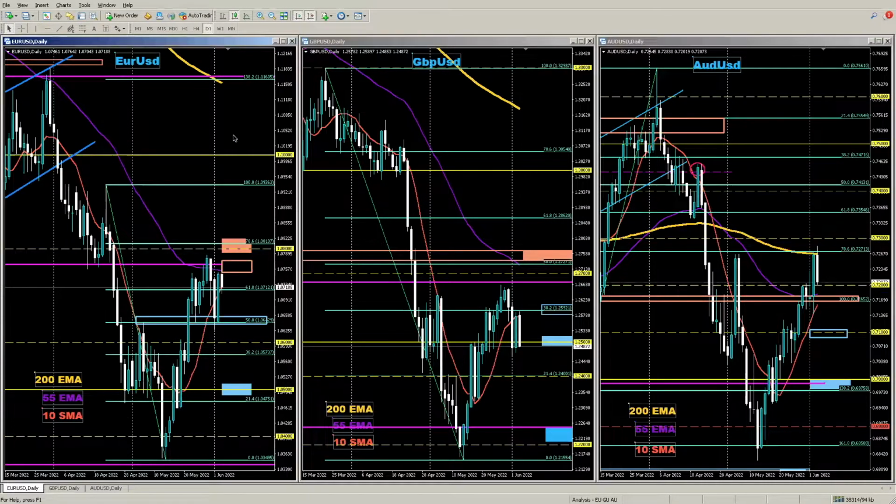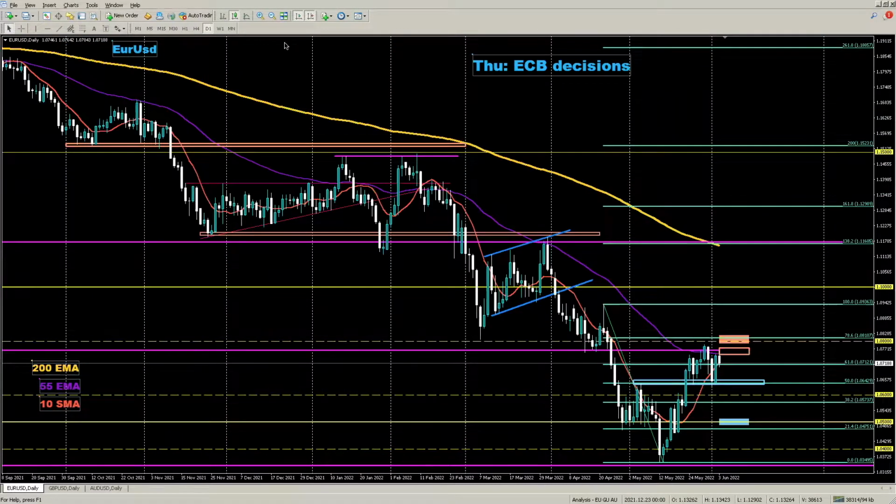And this is the weekly technical analysis for the Euro, the cable, and the Aussie dollar for the second week of June. And let's begin with the Euro,